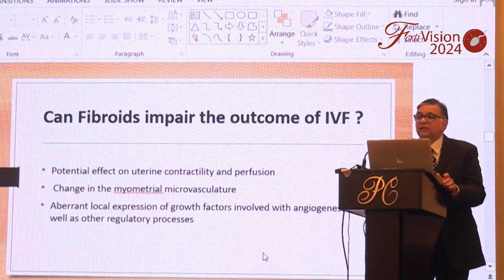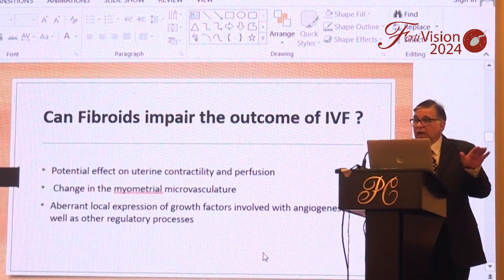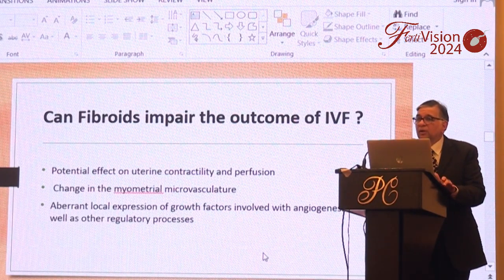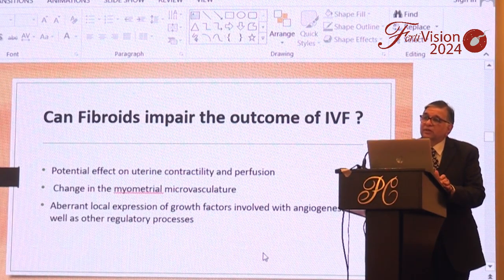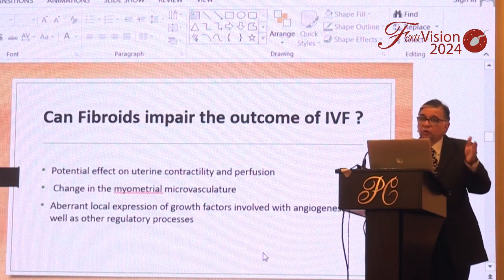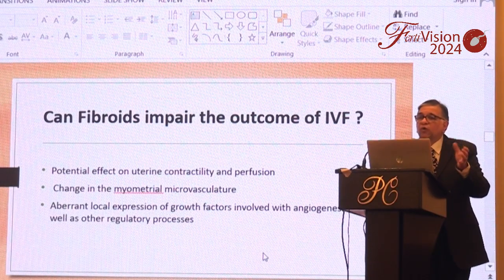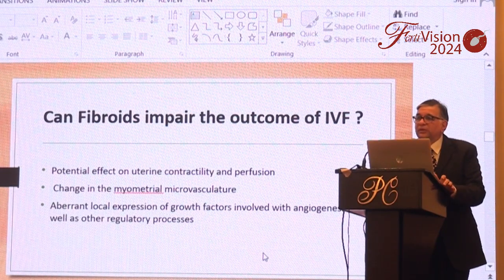I've recently had a patient who had an IVF cycle. Once we had the embryos frozen, I then did a myomectomy because I did not want to open her belly up and compromise the ovarian reserve even more. So you have to actually pick and choose what you want to do with your patients.